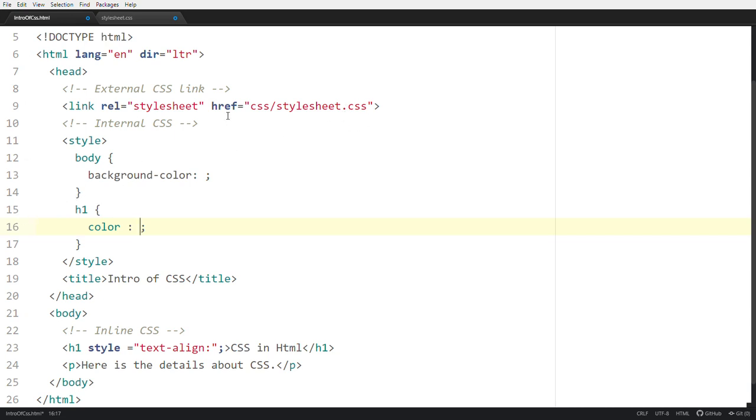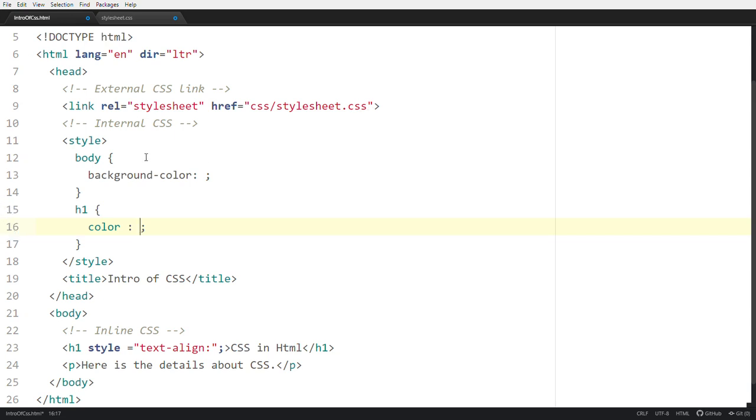See this, this is a reference. Here, in the CSS folder, this stylesheet.css file is there. When you are using external CSS, it is nothing but an additional file, and that file must have the extension .css, like this.